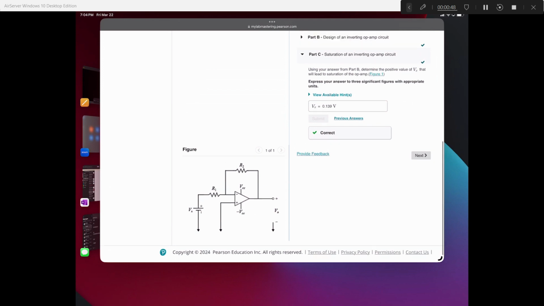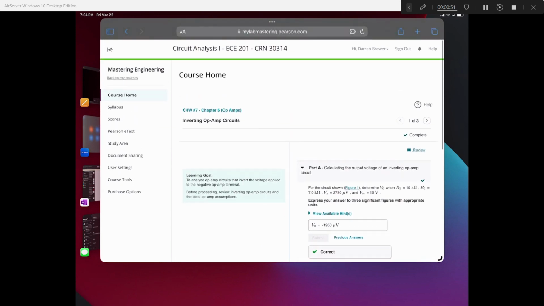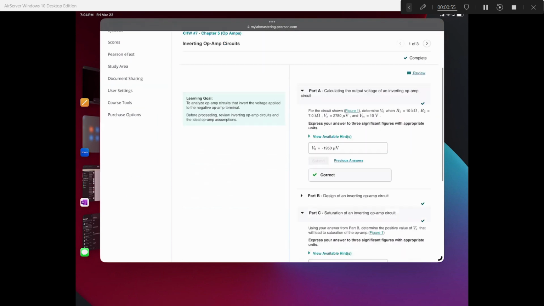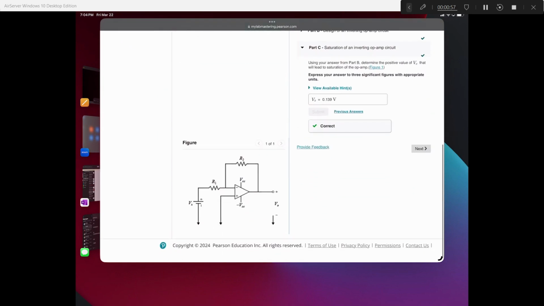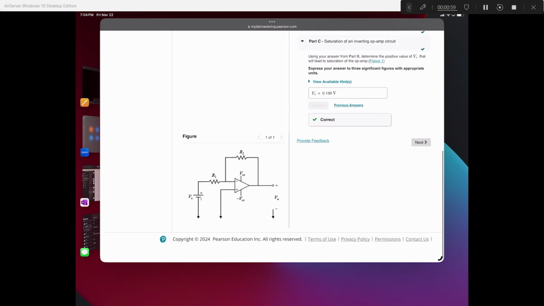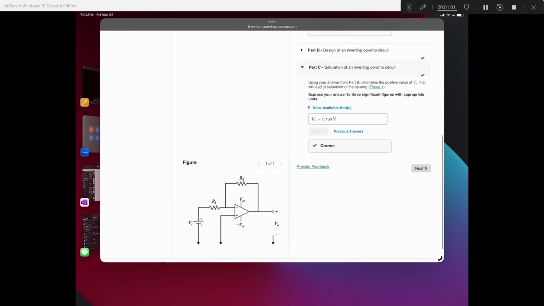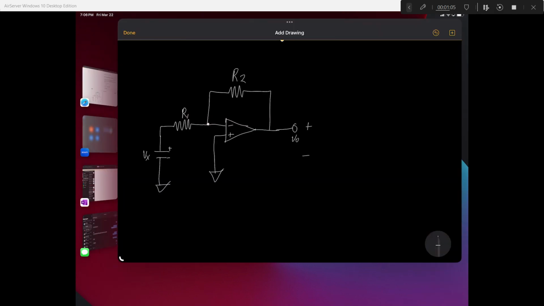Alright, we're going to do some op-amp circuits. We got our first one here, and I'm going to start off by drawing it. Alright, here's the circuit that we have gotten from the problem. Okay, so a few rules to go over about op-amps